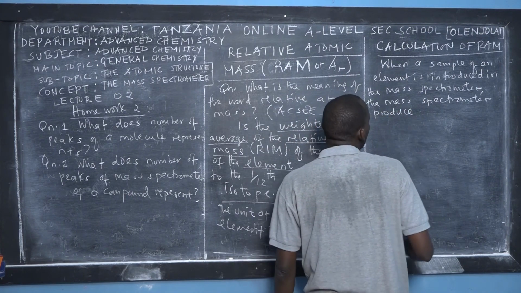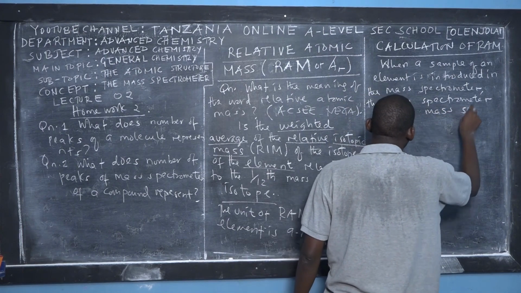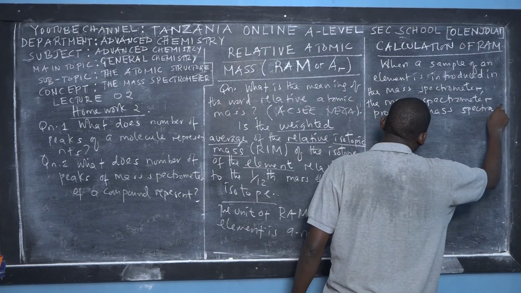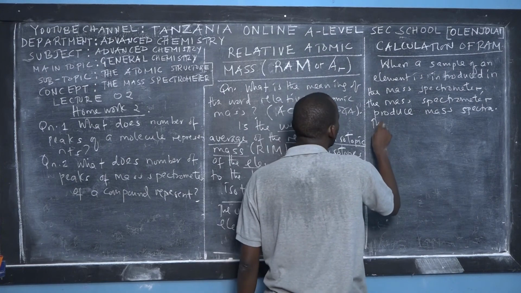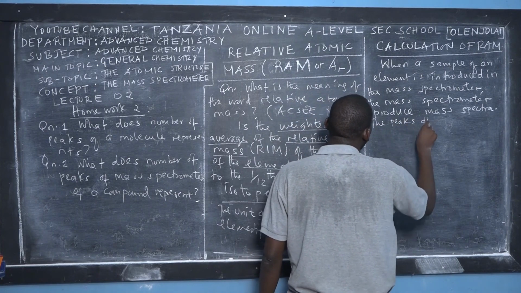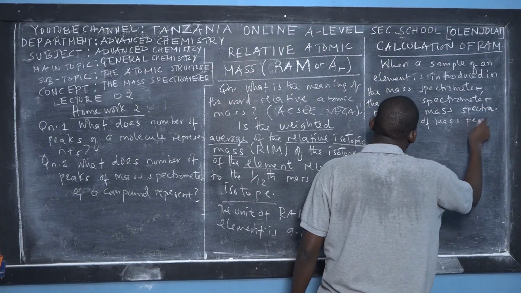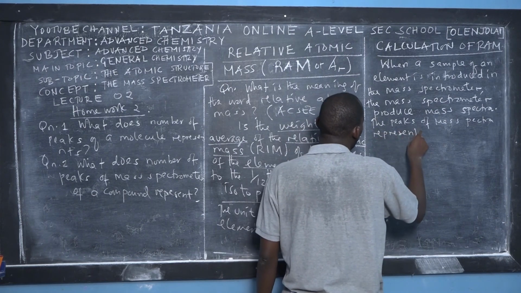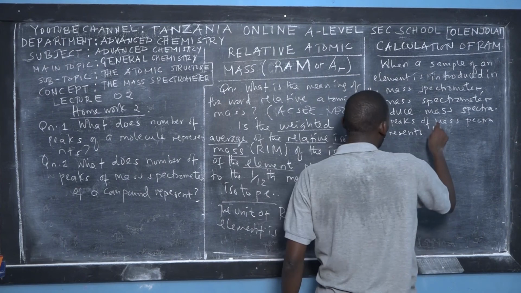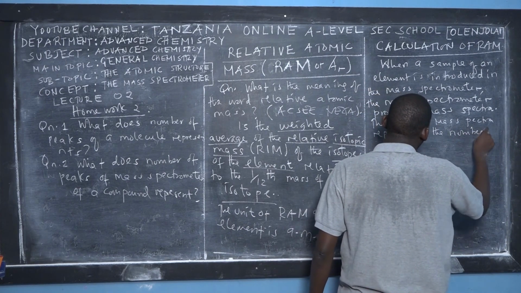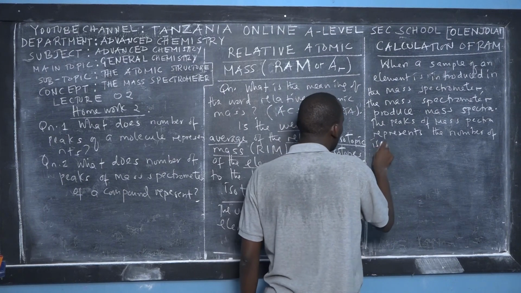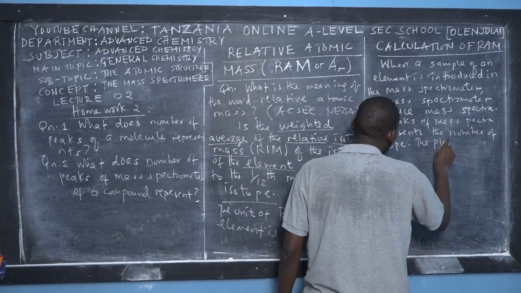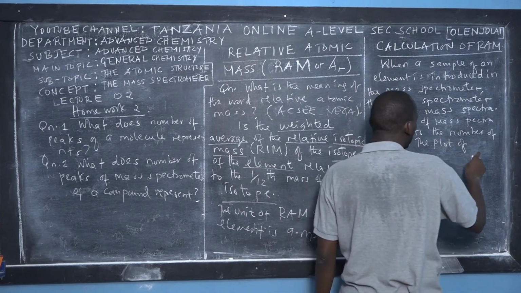What will it produce? It produces a mass spectrum. And the peaks of this mass spectrum represent the number of isotopes. The number of isotopes. Okay, so we say that the plot of the mass spectrum